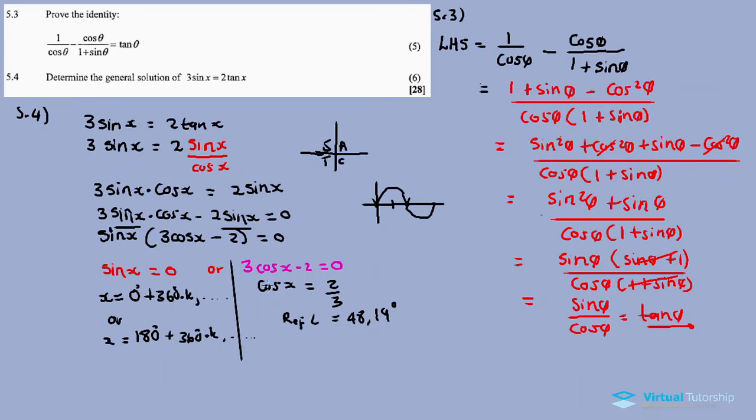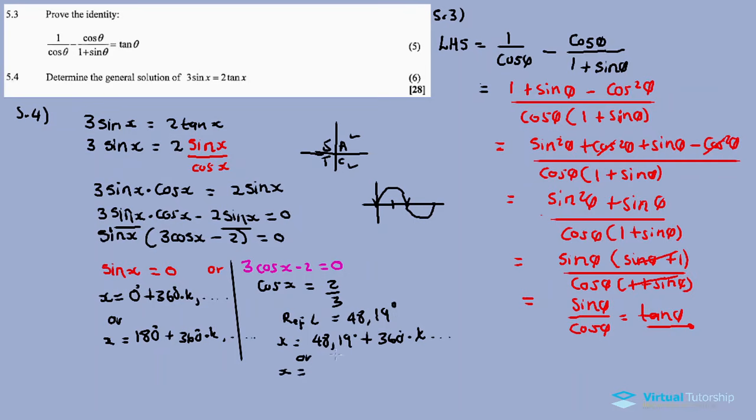So cos is positive, so it's the fourth quadrant as well as the first quadrant, right? So its first general solution will be x equal to 48.19 degrees plus 360, the period of the graph of cos, times k, where k is an element of integers, or x equal to,